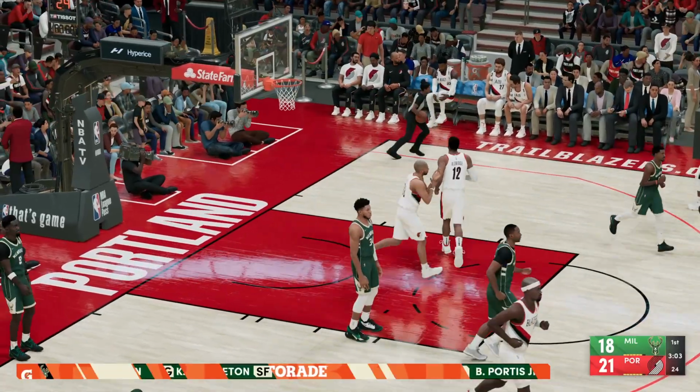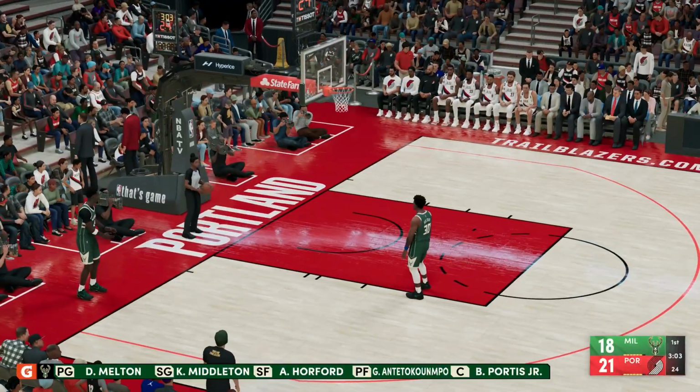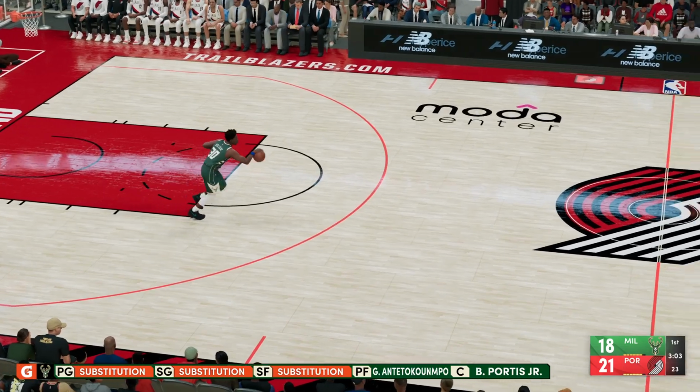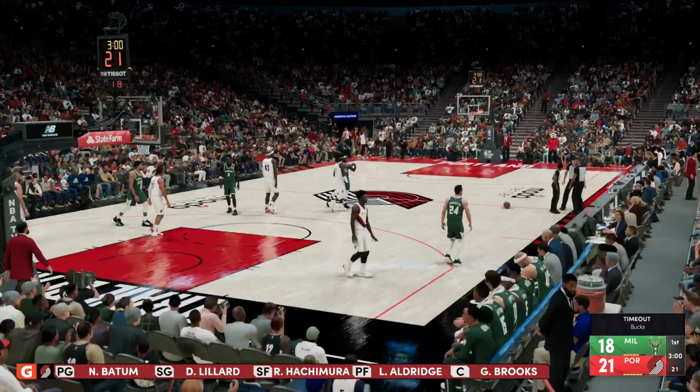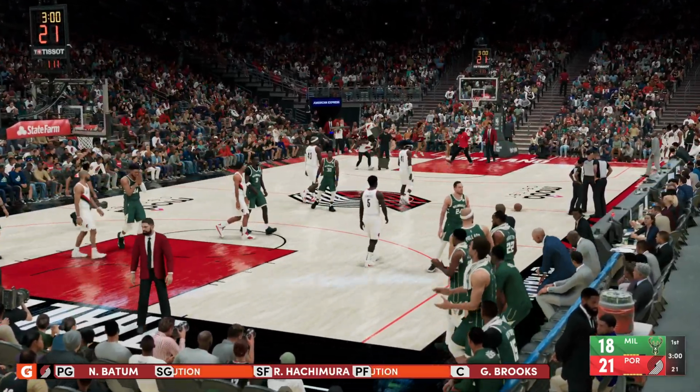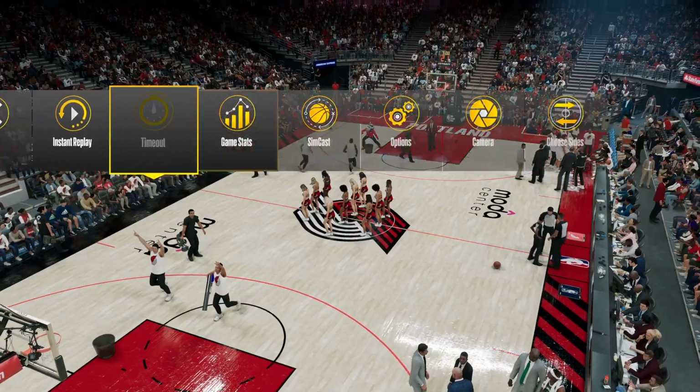And let's check out some stats for Horford. Really been a key contributor over the past month. Getting around 12 points a game, 4 rebounds, and 2 assists. Fantastic totals for him across the board. I wouldn't be surprised if he...